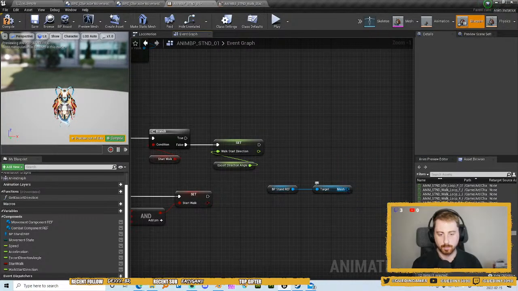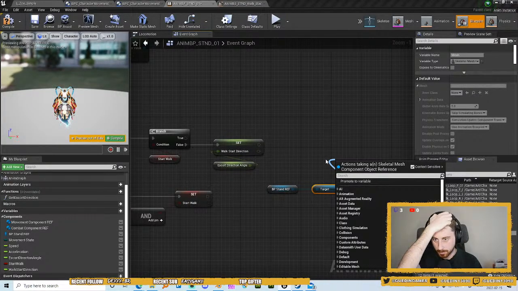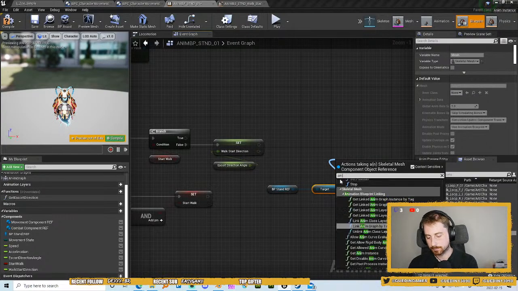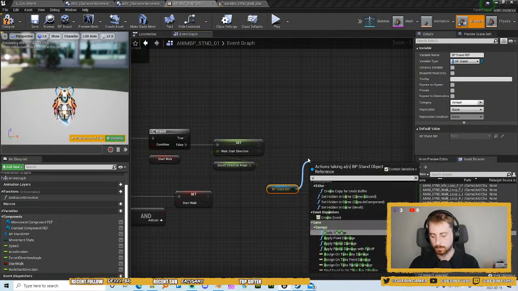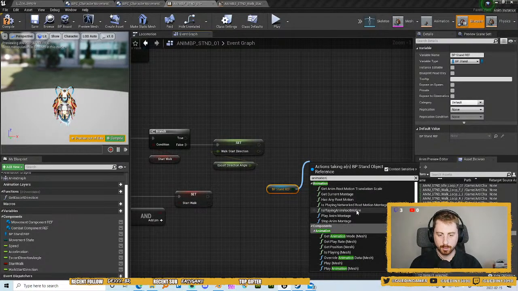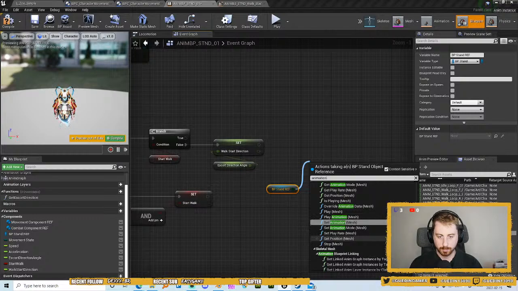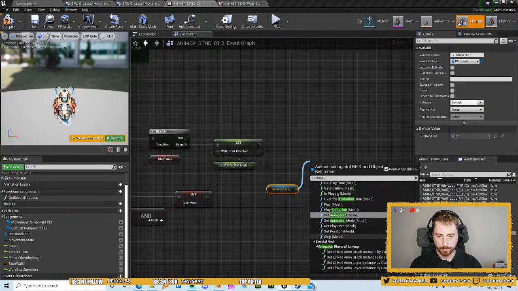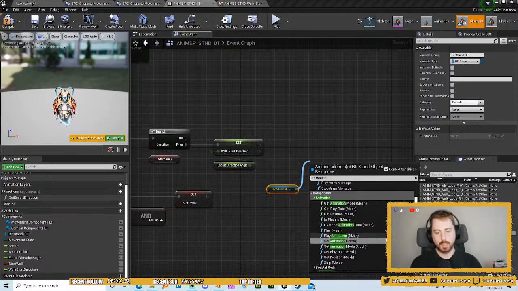No, it's not what I'm looking for. Is animation playing? It's playing animation. Play animation mode. Time stop. Override animation. No. So I can't know if it's playing the